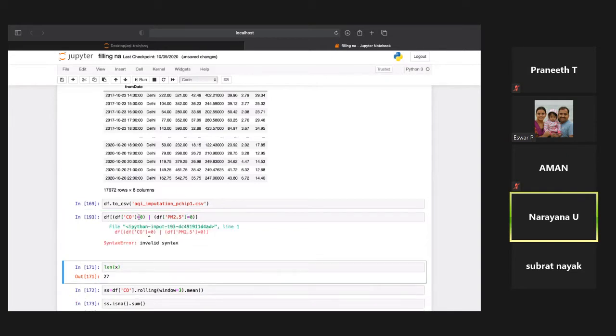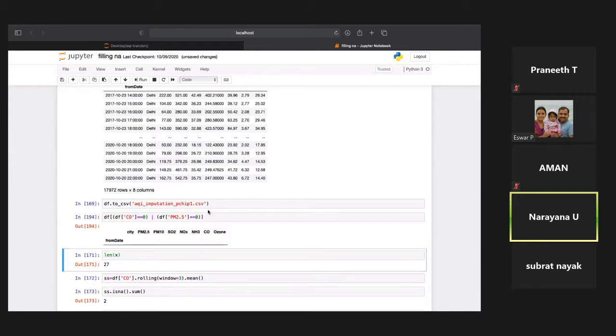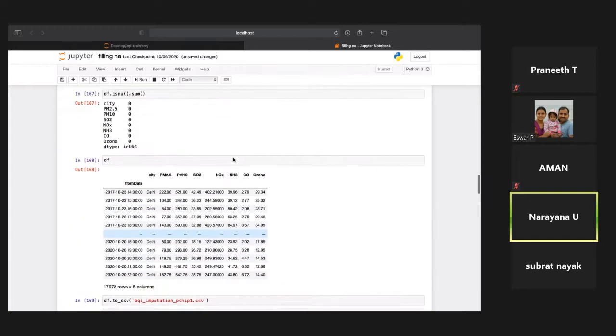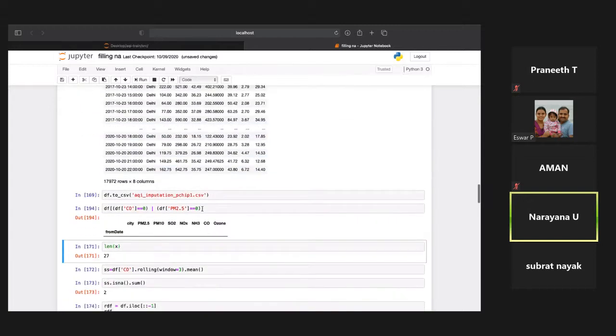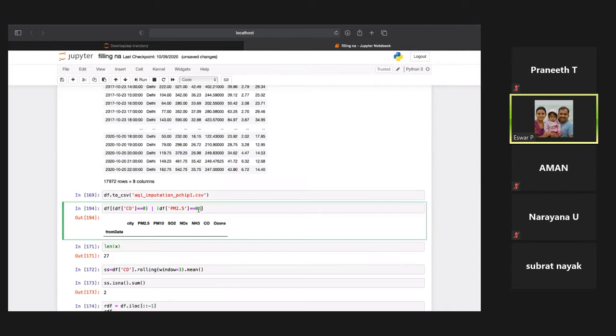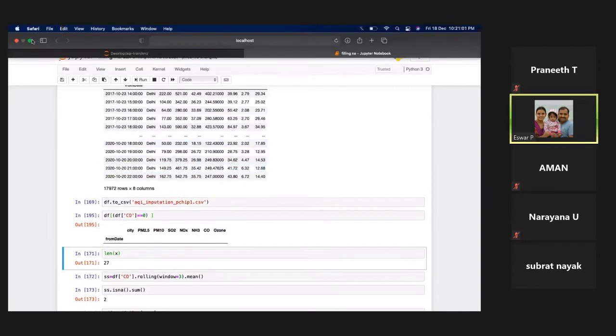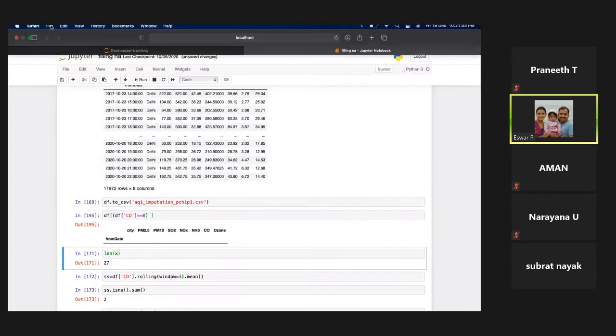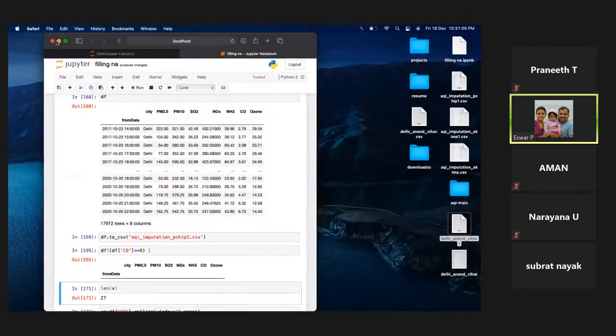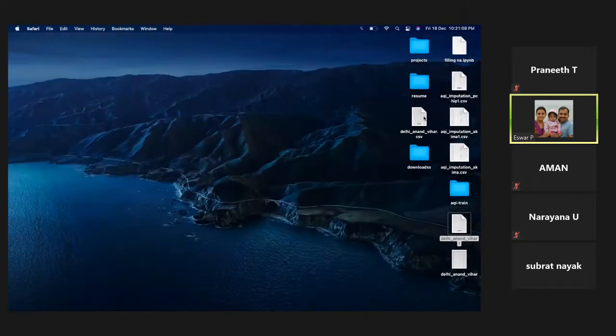Less than or equal to. Oh, okay, less than or equal to. So in this case, 0 is also not there, right? Yes, sir. Okay, then it is good now. Okay, sir. Yeah, good. So let's save this file, the output, and share it in the group so that we will have good data without negative values. All values were filled up.